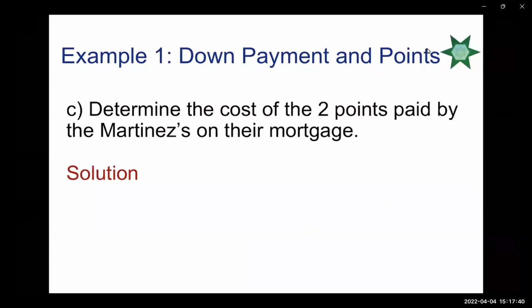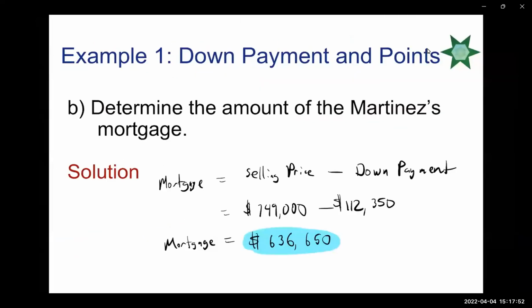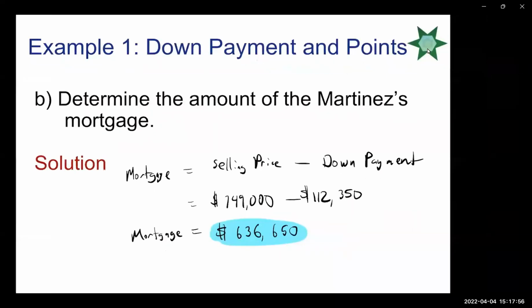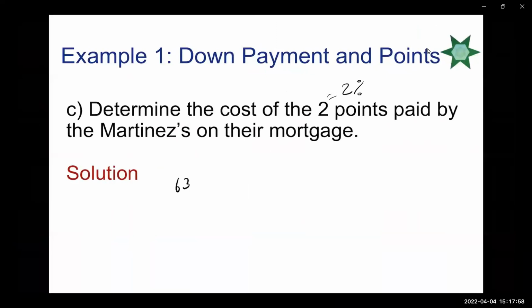Determine the cost of the 2 points paid by the Martinez's on their mortgage. So remember, 2 points means 2%. So they're going to be paying two points on their mortgage. So now you have to multiply this by 2%. So it's going to be